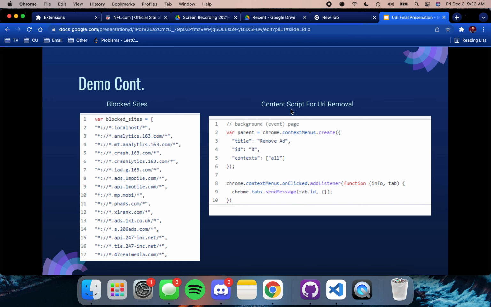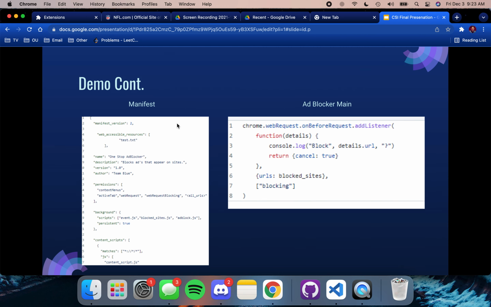Now for the URLs that were automatically removed, or sorry, not the URLs, the ad URLs, that is from the block sites over here. Now this just shows a static list, a very long list of ad URLs that are common on many of the popular websites that people go on every day. It is limited at the time, which is why we have the customized removal when you right click. But this is the majority of ads that most people see, which is why the 2 ads that we encountered in the NFL website were automatically gone,